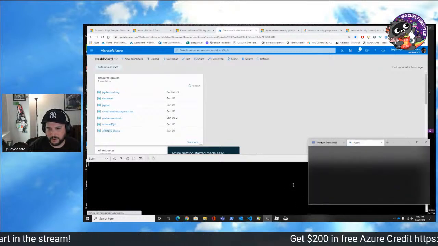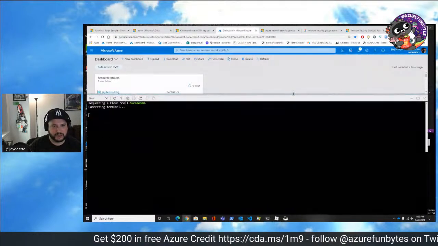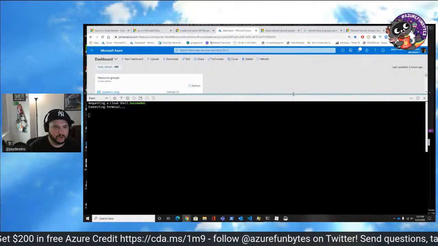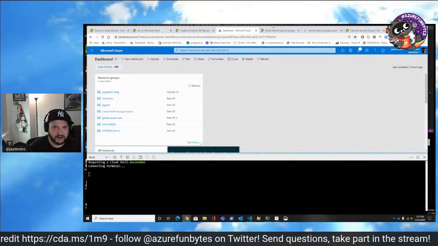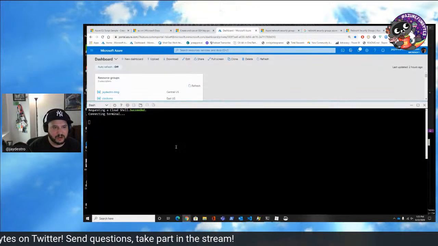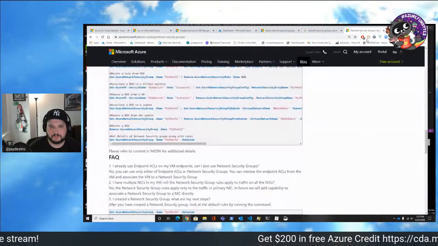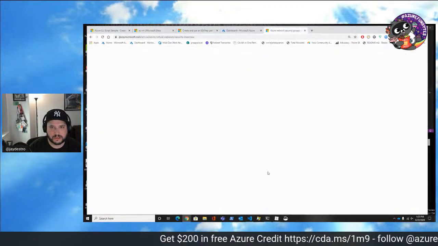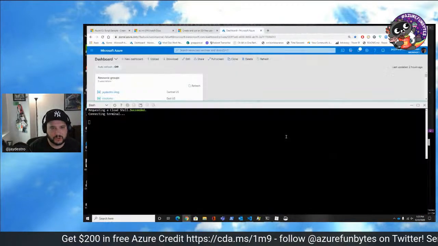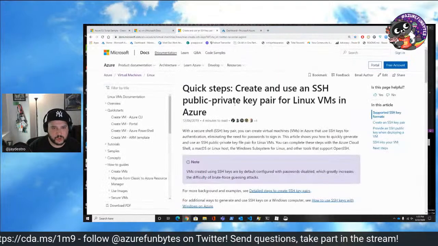I could do it right here, but I'm going to just use the Cloud Shell right in the browser because it's super easy. Also, I like to be able to compare the two panes because I can see things as they're happening. All right, so we're going to connect that terminal, and let's get back to our script. I'm going to close up some of our links so that we just keep things clean and easy. But we're going to use this next.